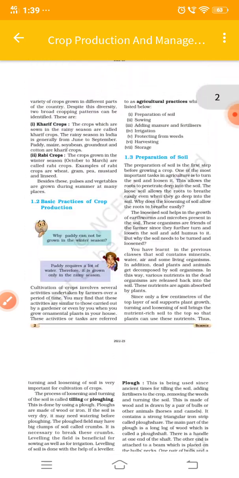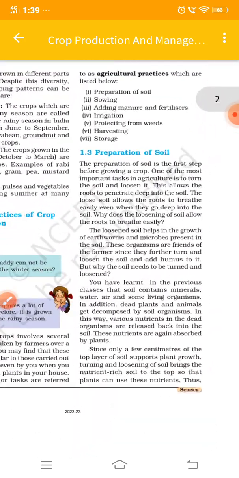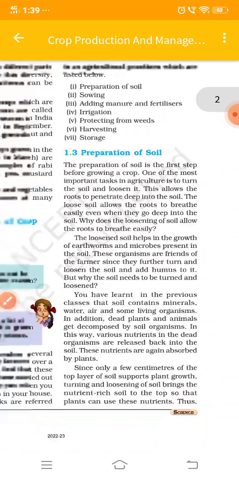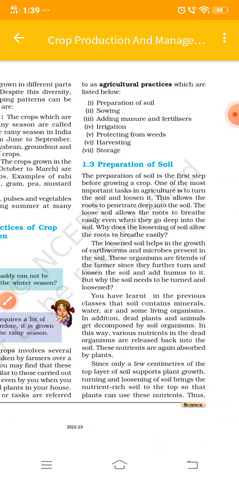Now let's read it. Preparation of soil. Now I'll just explain it to you. I'm not going to read this much. Preparation of soil is the first step before growing a crop. In agriculture, the most important task is that the soil is being loosened and turned up, so this allows the roots to